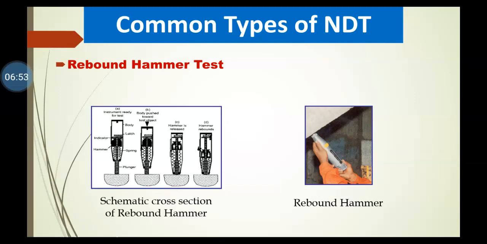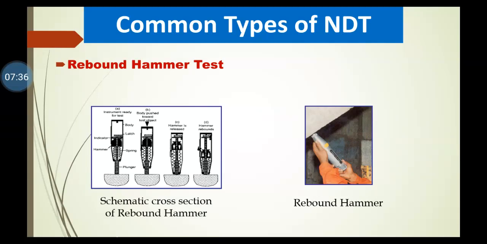It consists of a spring controlled hammer mass that slides on the plunger within the tubular housing. Here we can see the tubular housing; the hammer is forced against the surface of the concrete by the spring, and the distance of the rebound is measured. In another picture we can see one man hammering the rebound hammer over the structure in order to get the result. On the hammer we can see a small scale, which gives the exact distance between the plunger and the surface, which gives the result of hammering.